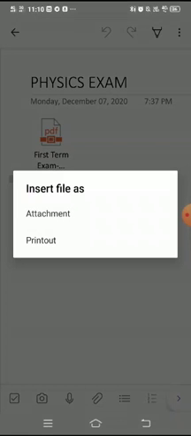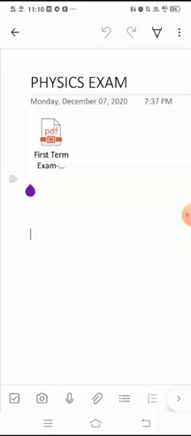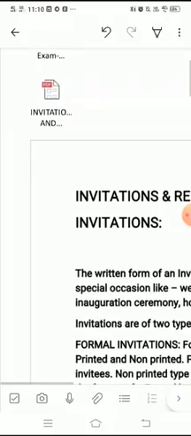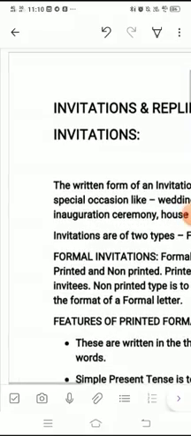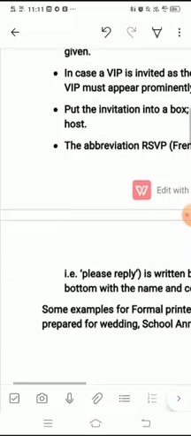Be very careful. Please listen to this very carefully. I have an option like this: insert file as attachment or printout. So do not choose the attachment option. Don't do that. Instead, you have to choose the second option, printout. See, very quickly your answer sheet has been uploaded.